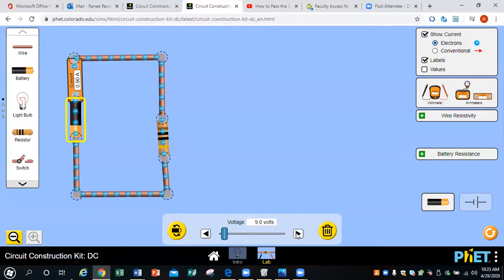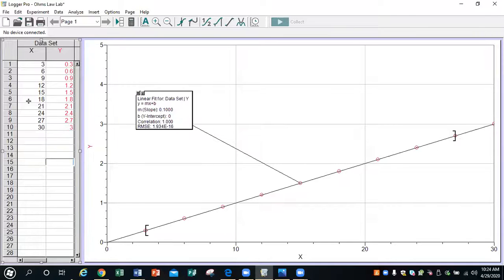As I dial up my voltage, literally, this should take you 10 minutes to do. I go to 10 volts. What's my current? 1 amp. I go to 12 volts. What's my current? 1.2 amps, right? My point is, I wanted you to put together everything we studied all year, which is, here's data, here's a straight line,